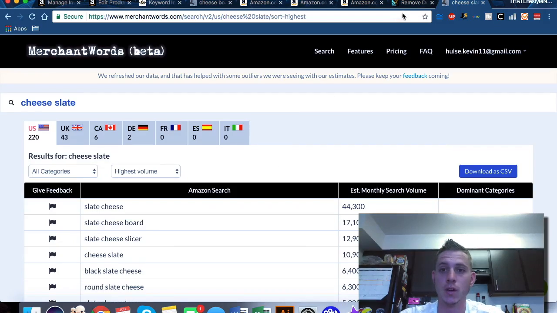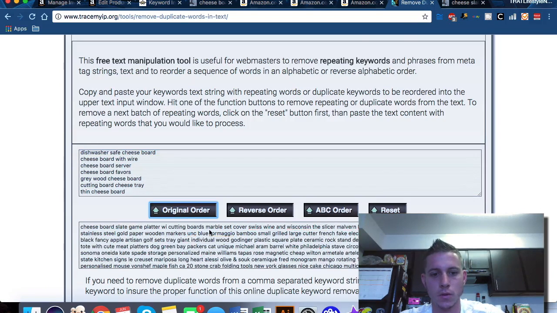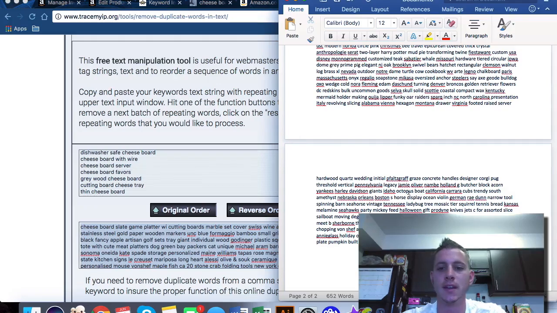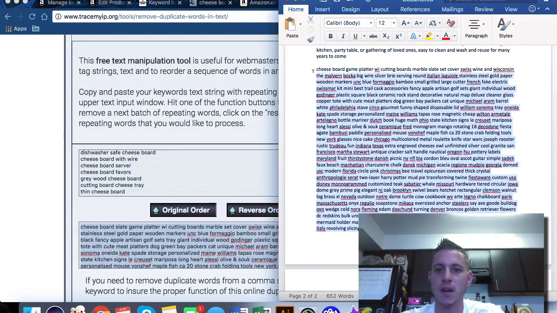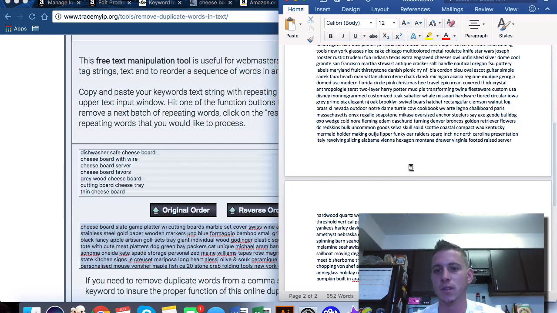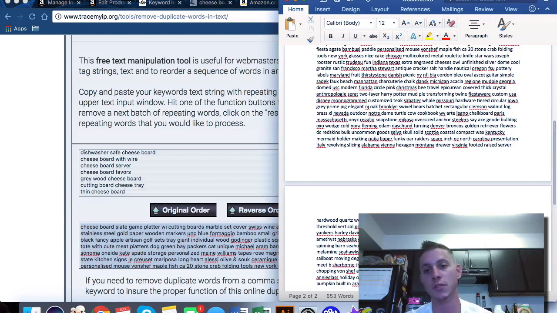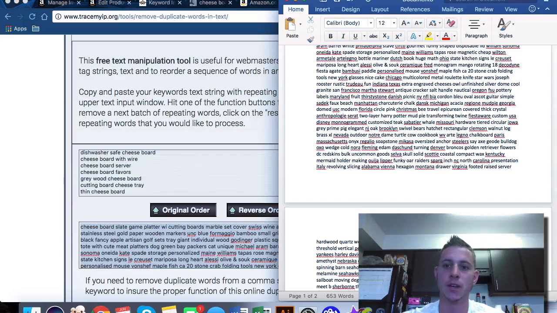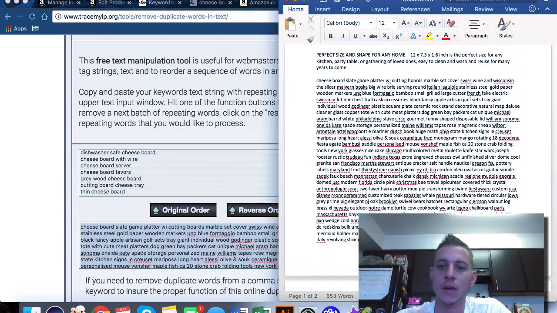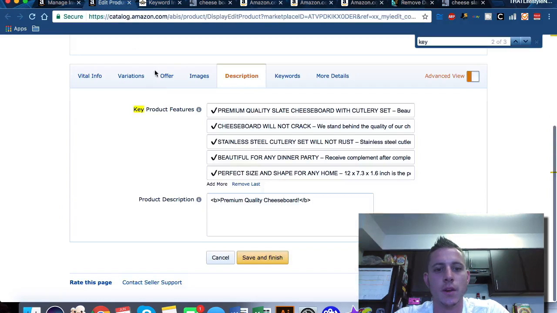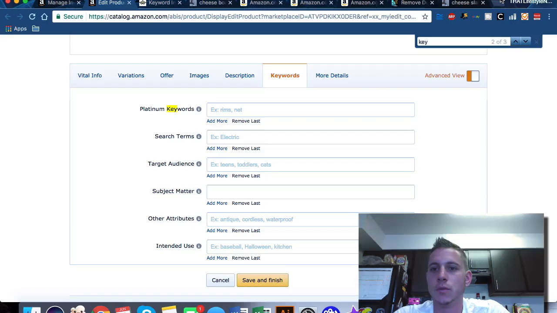And we can just simply rerun our trace my IP, original order, take these, and now our keyword set includes things about slates, right? Because it's a little bit more specific to us, since our plate isn't actually wood. But it is a good thing to include these wooden words as well, right? Because sometimes people will be searching for wood, but then they'll realize that they actually prefer how the slate looks, right? And so you get those buyers that aren't quite exactly related, but you convert them with the appeal of your listing itself. So once we have these words, what we're going to do is come into the keywords section,